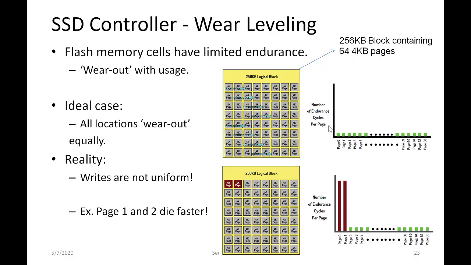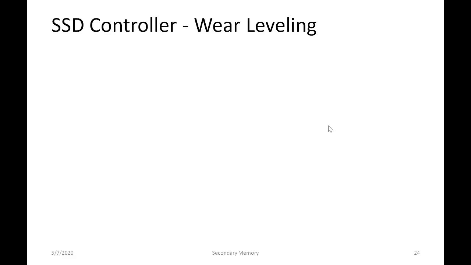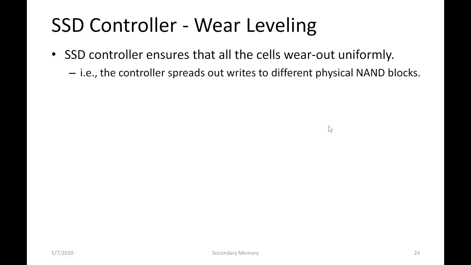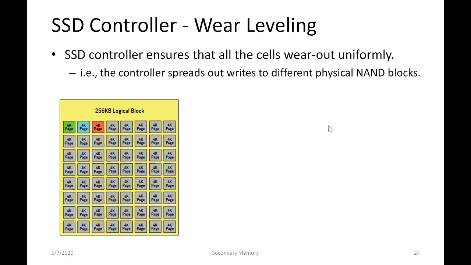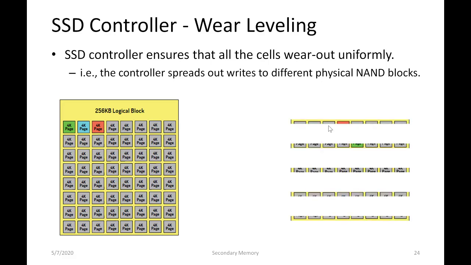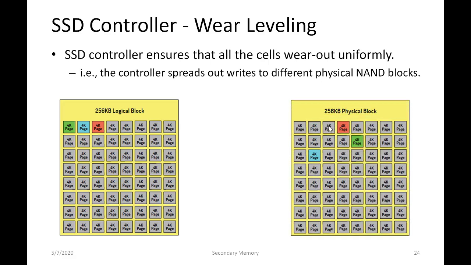So in order to handle such realistic scenarios, the SSD controller applies wear leveling. What it basically does is it spreads out the writes to different physical NAND blocks and pages. For example, if this is our logical block, we have, let's say, 3 pages, green, blue and red. They can be mapped to the physical block